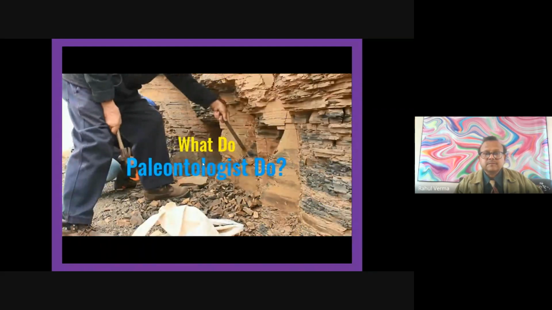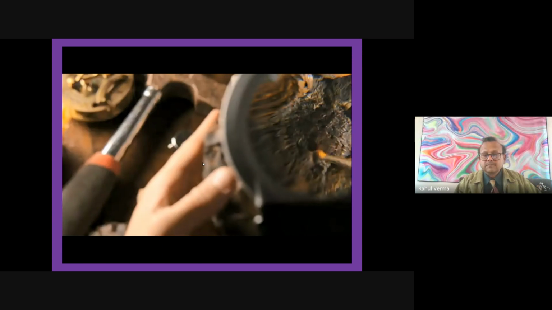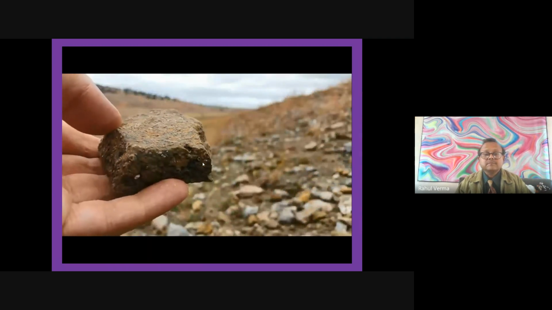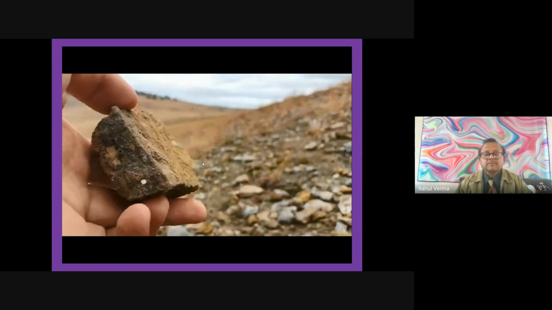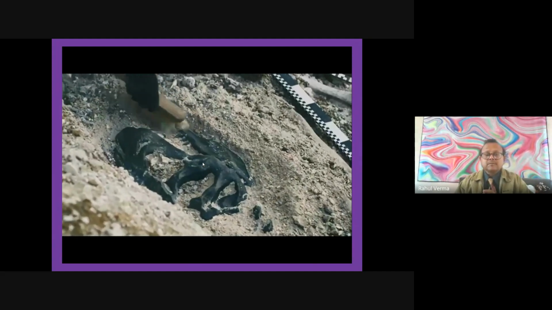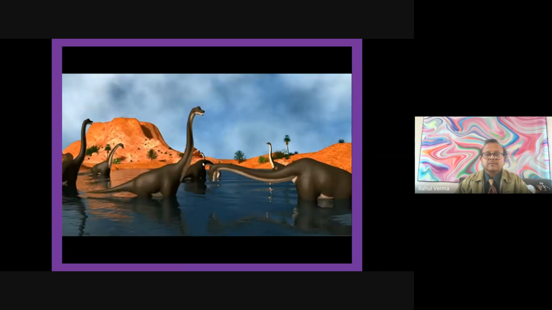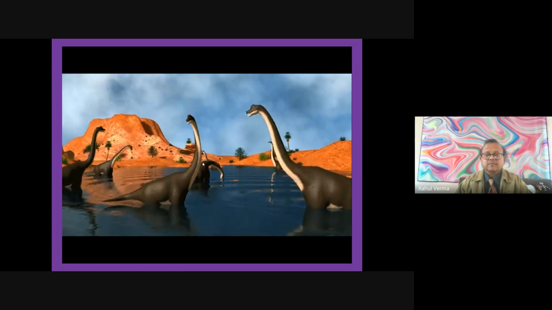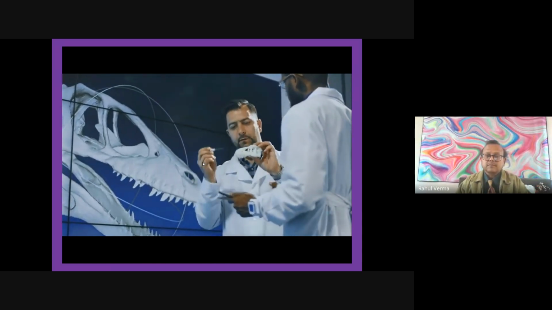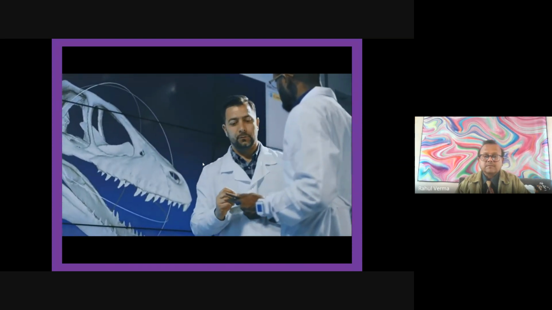What do paleontologists do? The word paleontology means to study the history of life on Earth. Scientists who study paleontology are called paleontologists. Paleontologists hunt for and study fossils in order to figure out what life was like millions of years ago. To do this, they look at the origin of where a fossil probably came from, including both the physical location as well as the time period when the plant or animal lived. They try to place the fossil in the environment that existed at the time in order to understand how the life form lived. These clues help paleontologists to better understand the history of life on Earth.